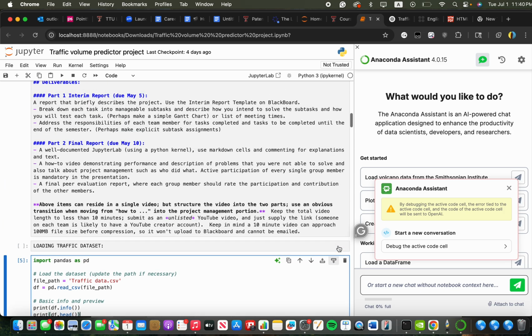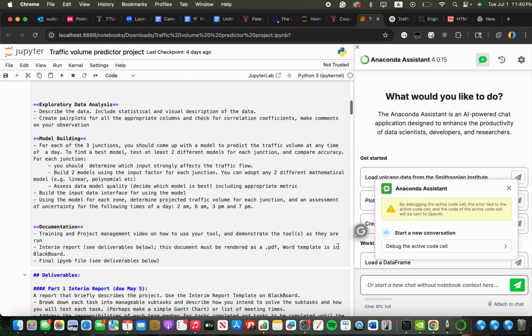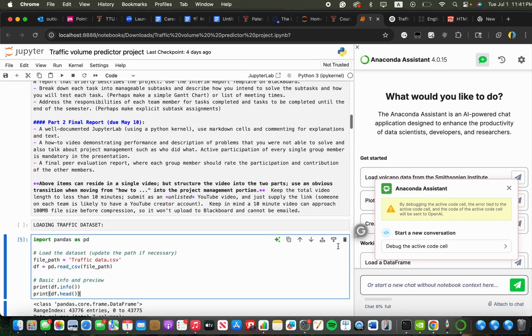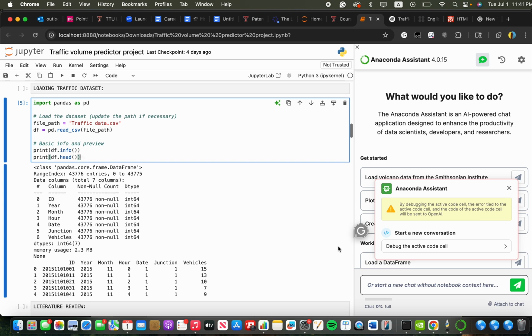So this is the Jupyter Lab notebook file that was given to us, where we need to use the markdown cells to create our code and upload the data and our data sets and everything. The first thing I did was upload the traffic data set that was given to us, so I can use this information to